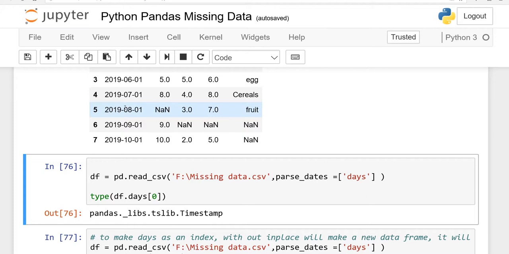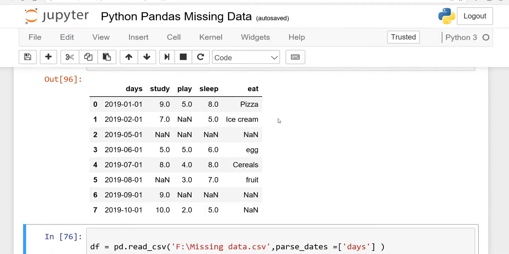It's changed now, right? Okay, move on to make days an index. So what is the meaning of this? See, when we didn't assign any index to our data frame, by default the system will generate 0, 1, 2, 3, 4, and you know that index always starts from 0. That is why it is 0.